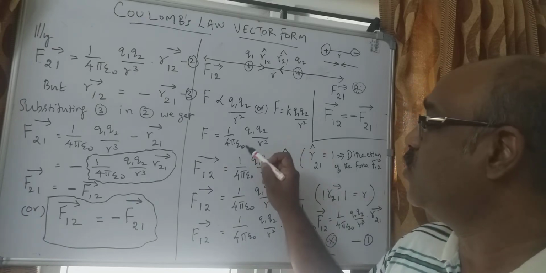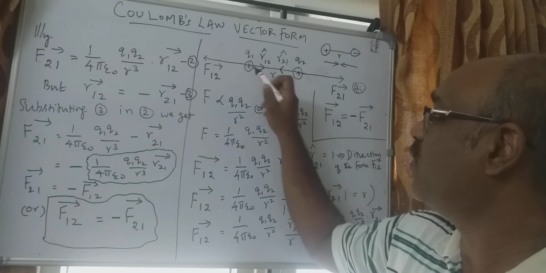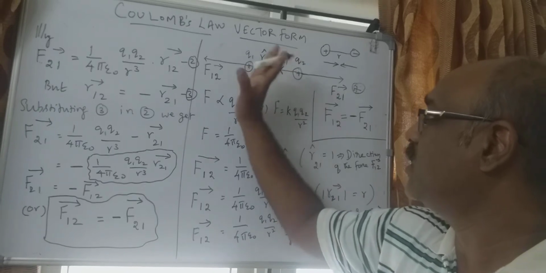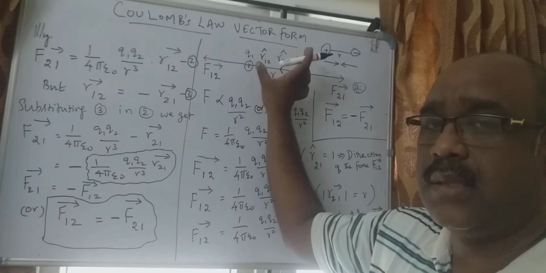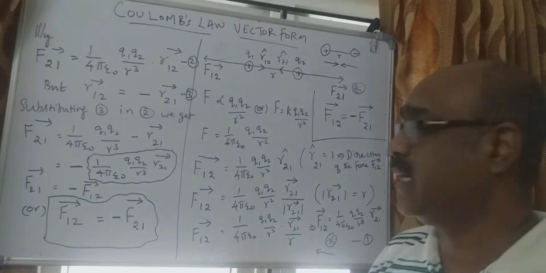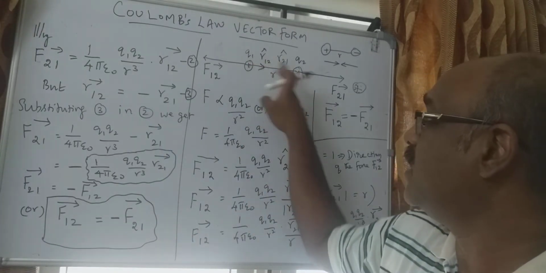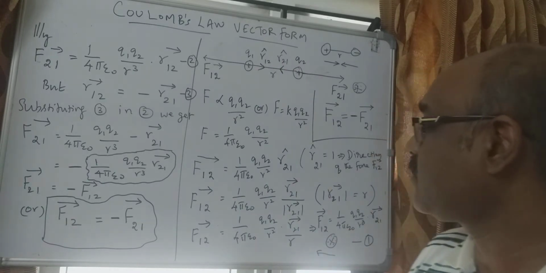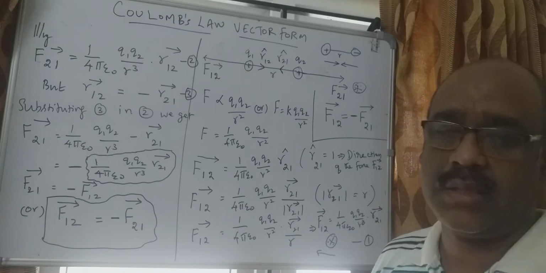That means these two charges are kept in free space, and how much permittivity it allows. The force of attraction or repulsion depends upon the permittivity of the space we are taking, or the medium we are taking. Here it denotes the permittivity of the free space. That means these two charges are kept in air. So F is 1 divided by 4 pi epsilon naught, q1 q2 divided by r square.